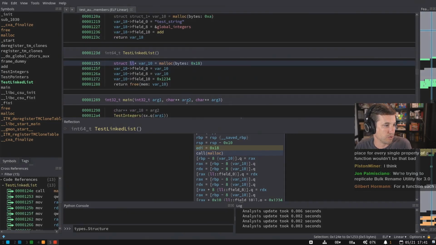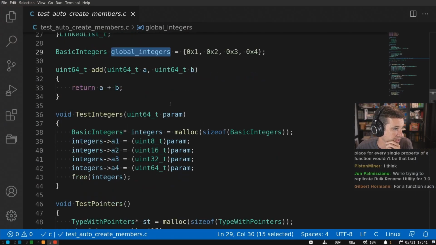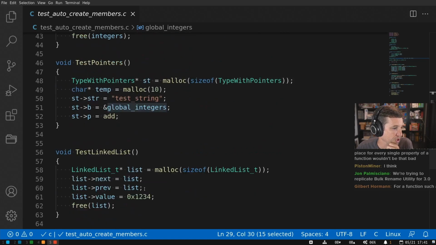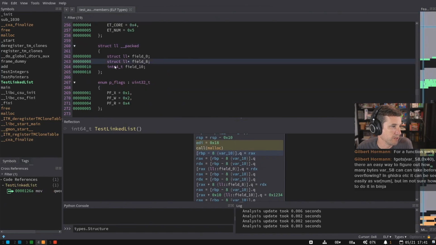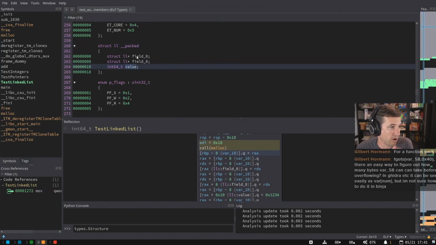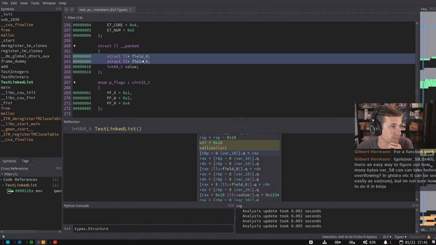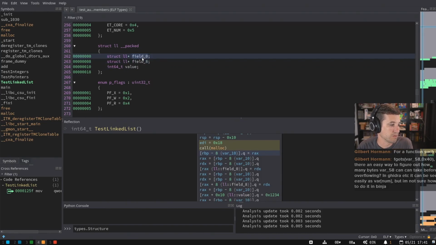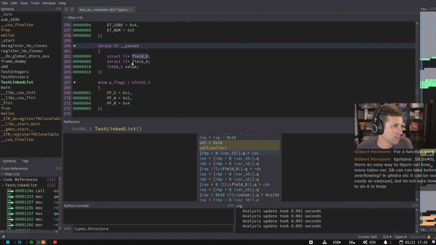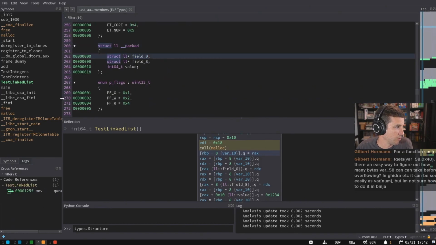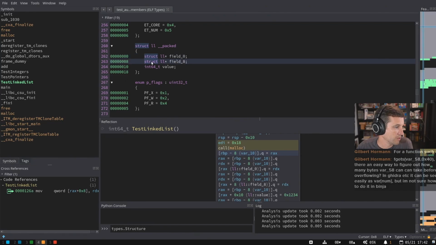And so anyways, back to looking at this binary. We get a pointer 2-1 under test pointers. Let's go back to our linked list. Yeah, so we already made our types here. And actually, it automatically picked up the fact that it is, that's nice. Is it prev and next probably? I don't know if it was in that order or not, but actually we could probably look at that if there's, oh, where'd it go? Test linked list. Let's look for cross references.